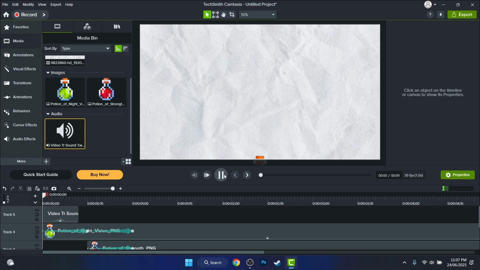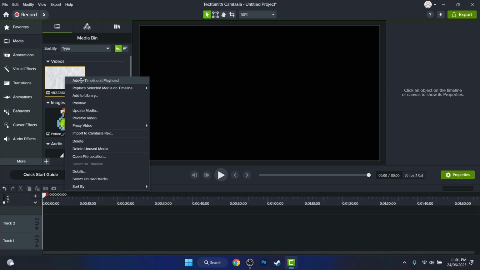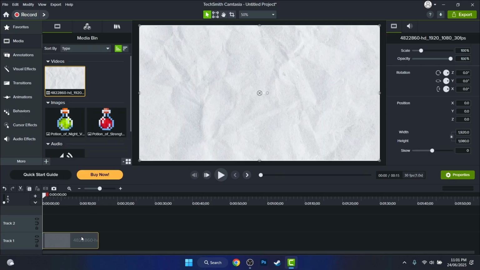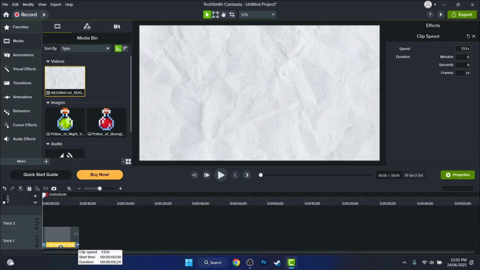Hey, today I'll show you how to make animations in Camtasia Studio. So I have these files and I will add them on my timeline. I have a background and I also want to increase the duration so the frames will move more quickly, something